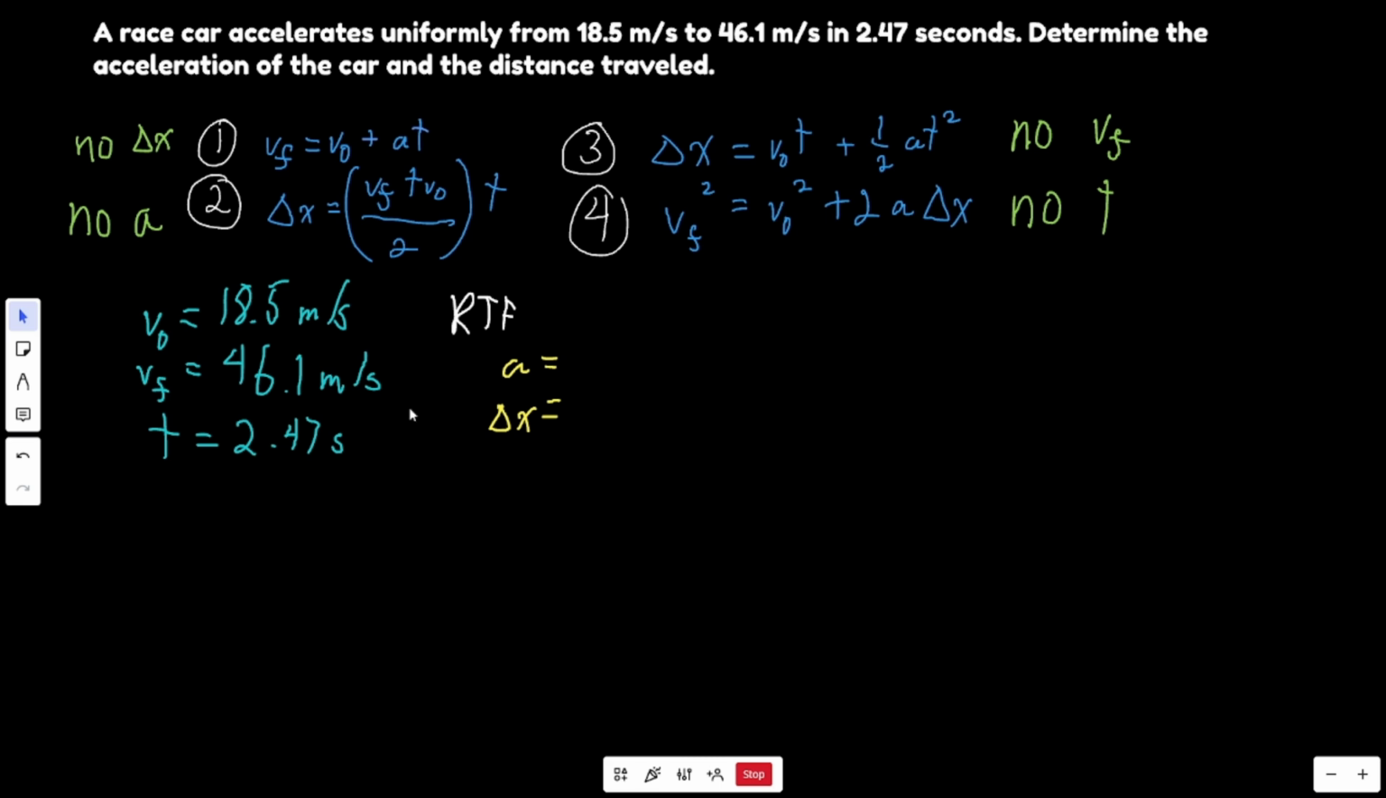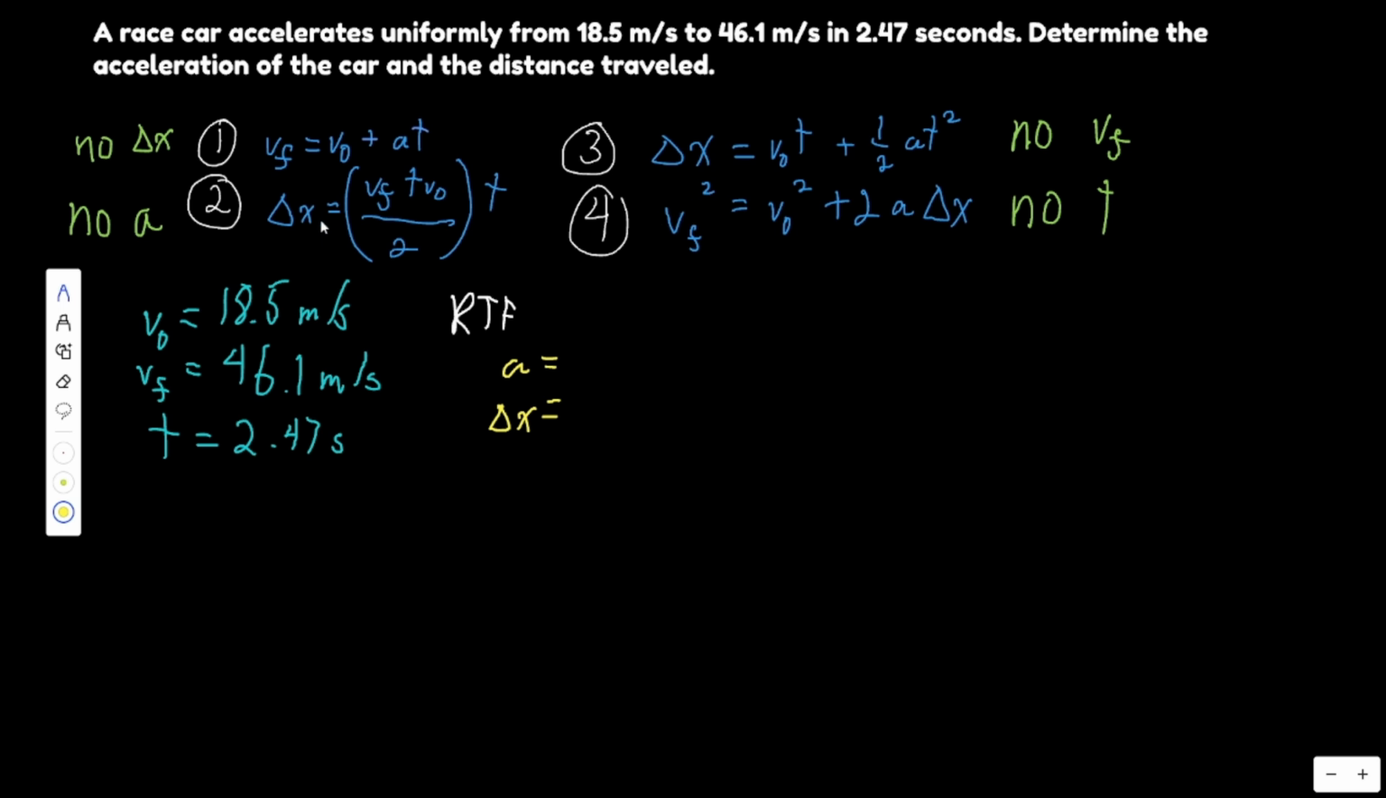So acceleration is derivable from most of the equations except for the second one, since the second one has no acceleration involved. Based on the given variables, we have initial velocity, final velocity, and time. Which one can we use to derive acceleration? We also don't have delta x, so we can't use 3 and 4. We also can't use 2, so that leaves us with 1. So our working equation for acceleration would be acceleration is equal to,